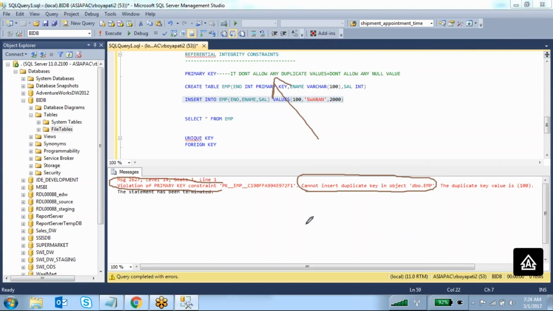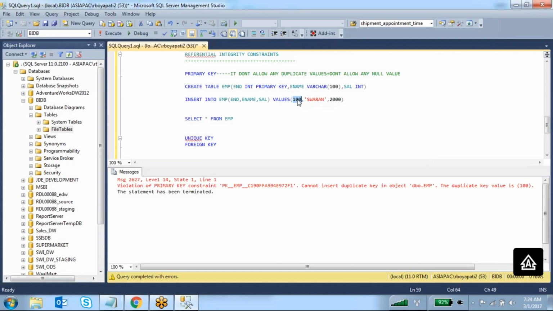Cannot insert any duplicates into whatever primary key column you have created. The duplicate value is 100 that you are trying to insert again. So you can simply change that value to 200.